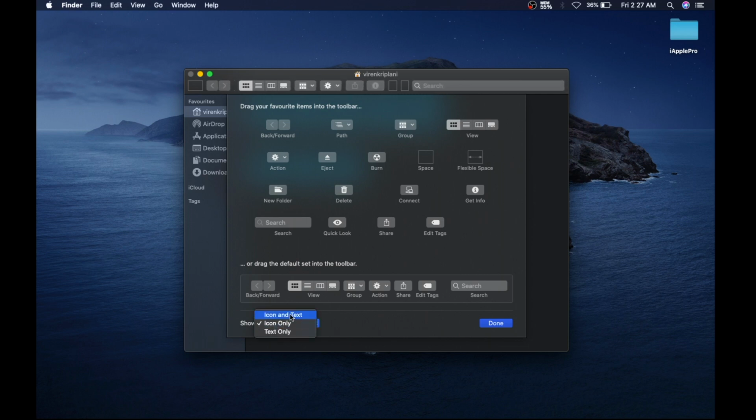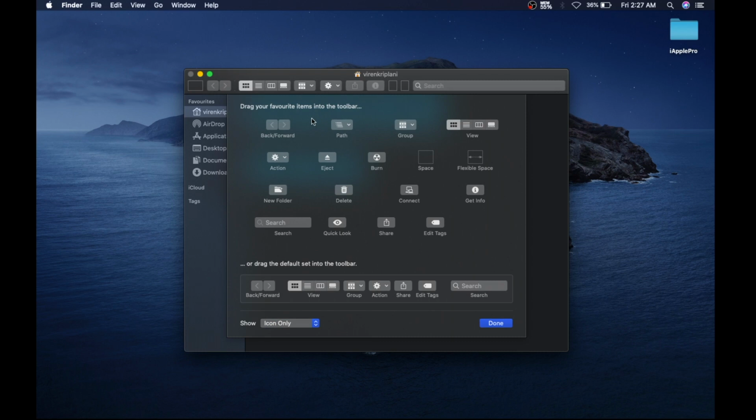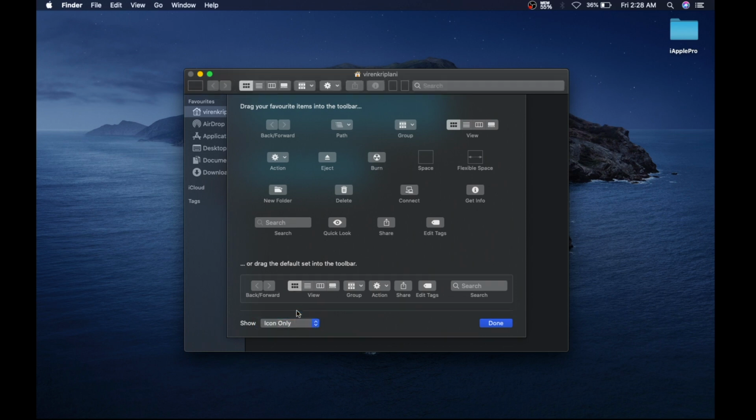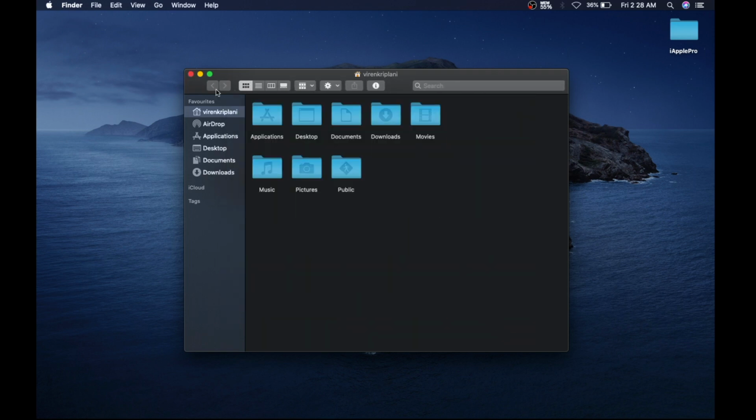It will show a text below the item. You can select icon only, that is default, or you can select text only, which I guess nobody will use. So I will select icon only and press on done. So as you see, we have our customized toolbar. So this was the second tip.